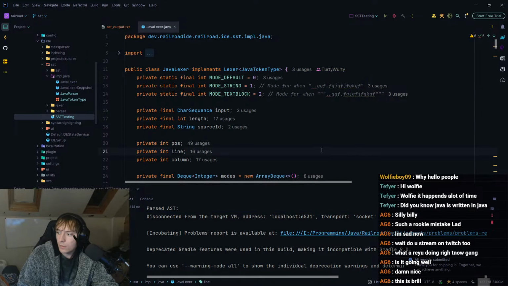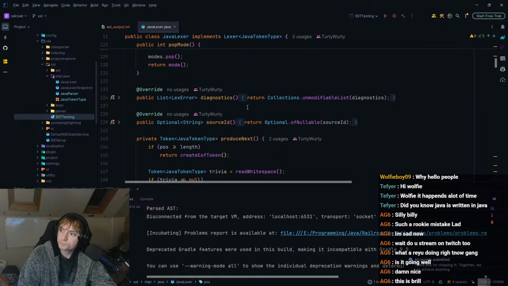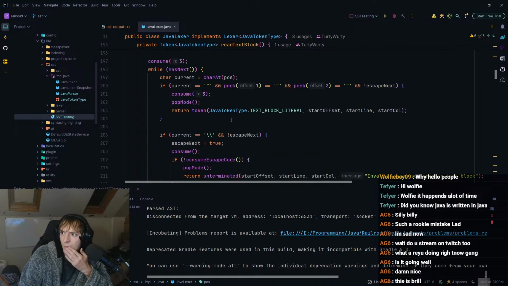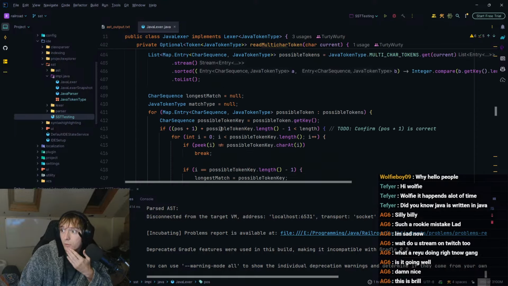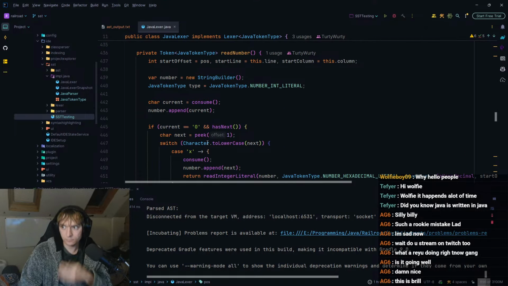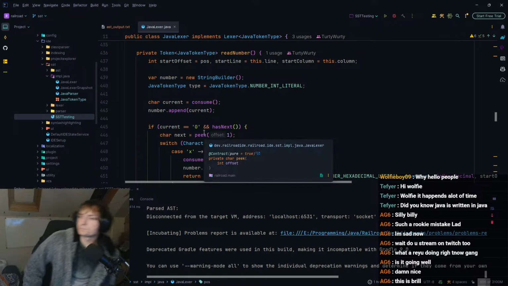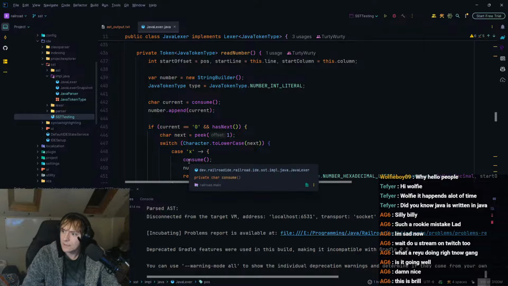Whatever. So yeah, we need to find read white space. No. Read default. No. Yes, here. So current is equal to 0 and has next.